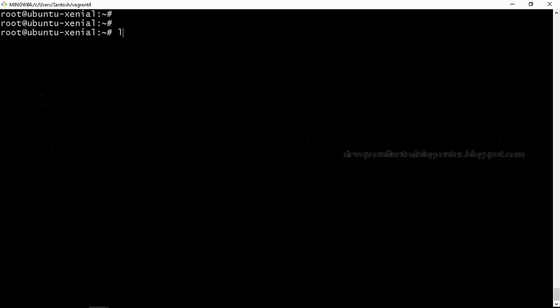Say I have typed a very big command and I want to go to the beginning, to ls, and modify the command. There are two options: either you use the cursor to move there, or there is Control A, which goes to the beginning, and Control E, which goes to the end.